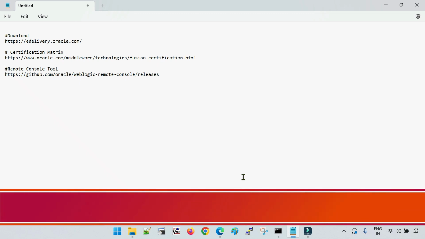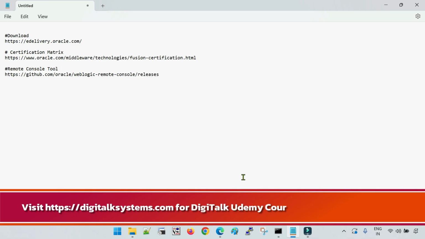So as you all know, WebLogic 14.1.2.0 has been released. In this session, we are going to install and create a domain in WebLogic 14.1.2, and then we'll see what is the difference in comparison with the earlier versions, specifically in terms of the installation and the domain configuration. Right. So first, let me tell you quickly how you can download the software and then how you can